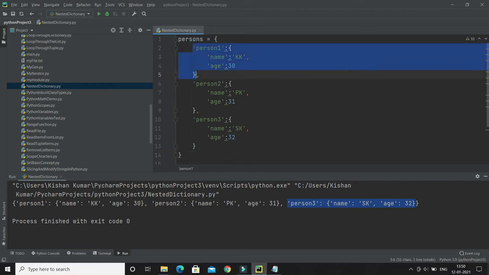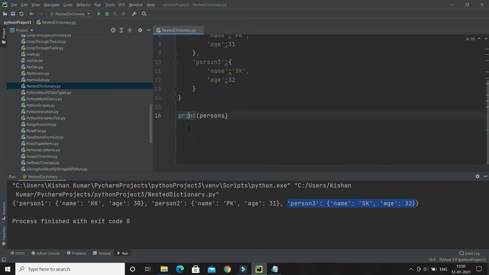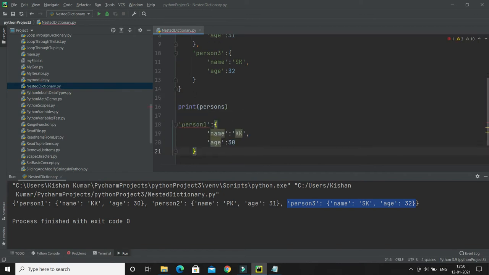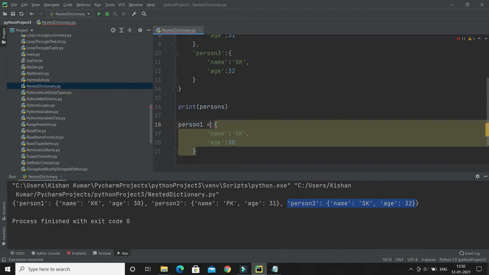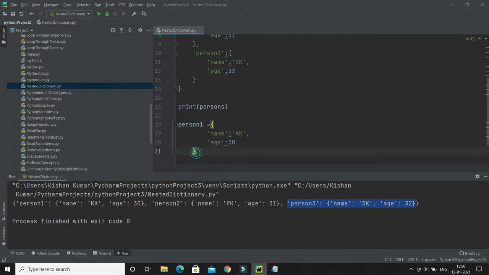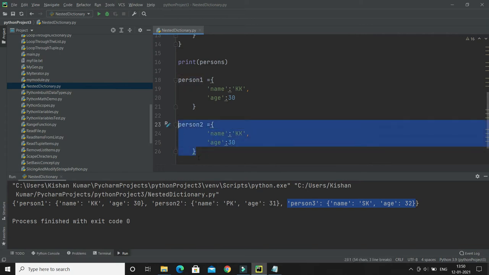So here I'm going to create our second approach. First of all, I'm going to create three dictionaries like person 1, right? And similarly you can create person 2, so let's say this is person 2, and this is person 3.